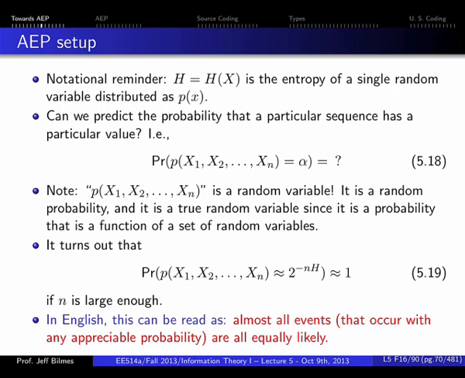So obviously we're using exchangeability: when it's IID, any permutation has the same probability. In some sense, this is a distribution that's exchangeable. It's called exchangeability in statistics, or permuted, or it's also a form of symmetry. Think of it as a symmetric thing, symmetric under permutations. We're not going to prove this in this class, but stationary or ergodic stochastic processes also have equivalent forms of this. But right now it's sufficient to talk about IID sources. In English, then, getting back to the language that the book uses, almost all events that occur with any appreciable probability are all equally likely.